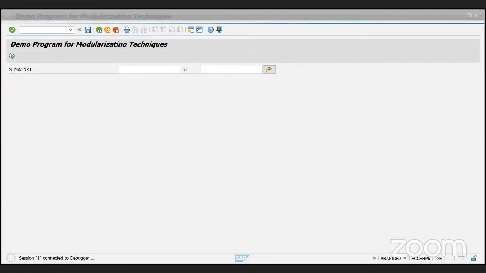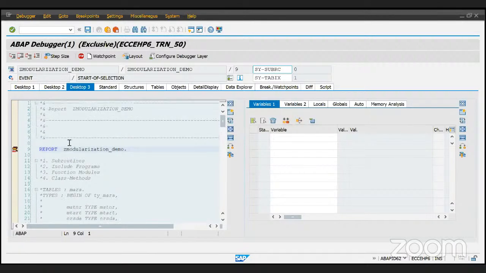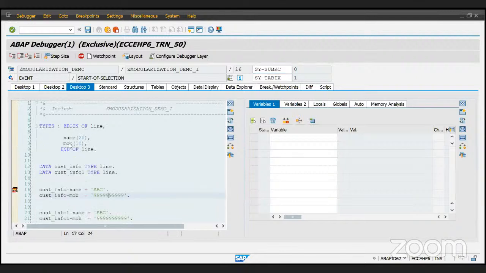So first, let me share my screen and the debug mode. It has given the breakpoint on the main program itself. Okay. If I simply press F5, it has gone inside that include, and it is giving me the cursor over here. Okay. Then we can go one by one, and then we can see the information in